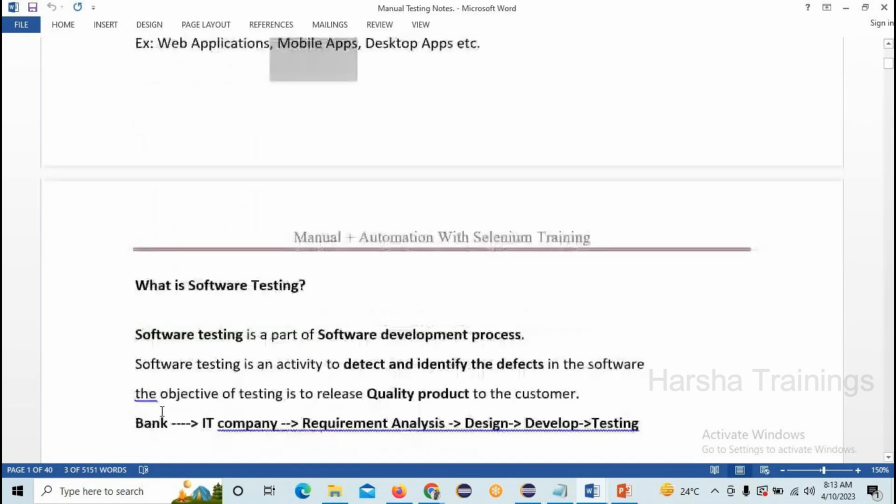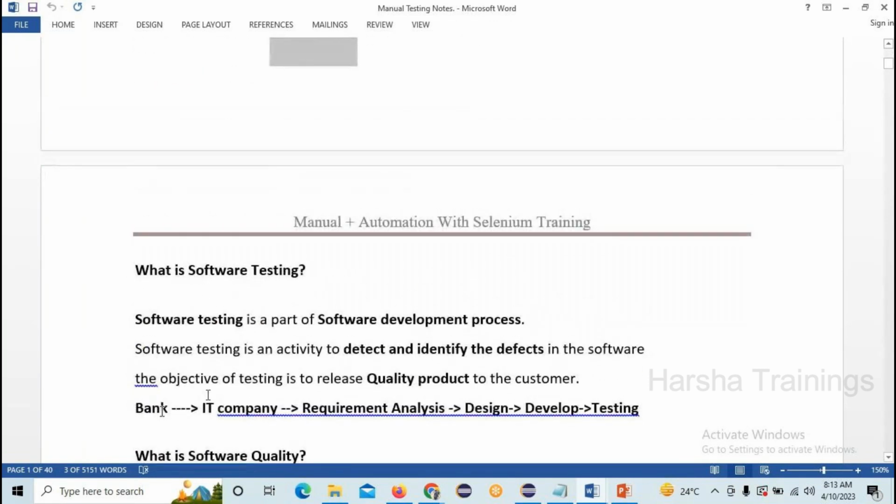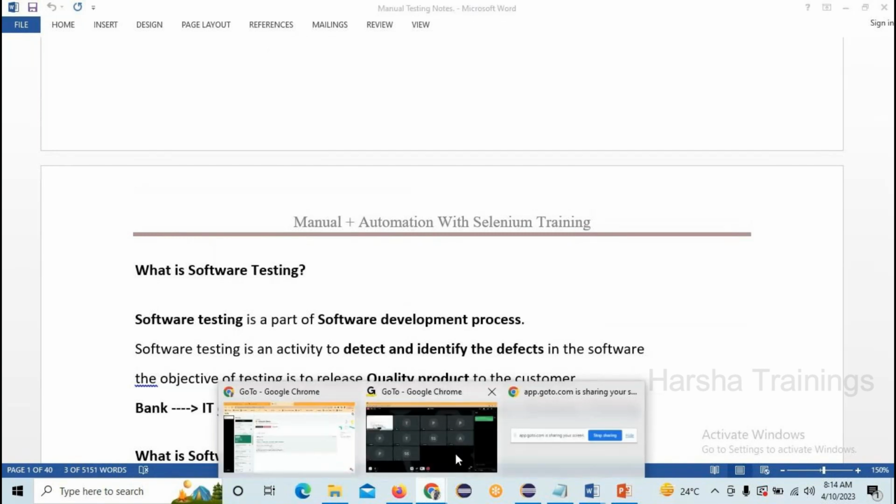And next, what is meant by software testing? It's very important. Software testing is a part of the software development process. I hope I already told you what the software development life cycle is. Can anyone tell how many phases are there in it and what are they?